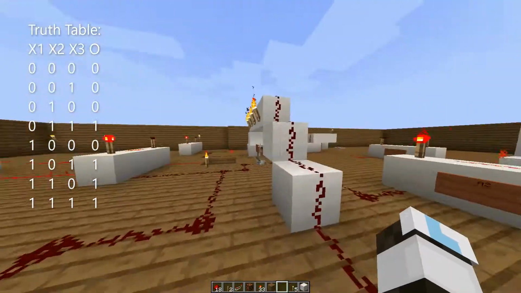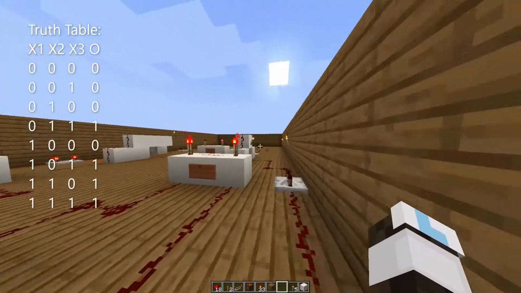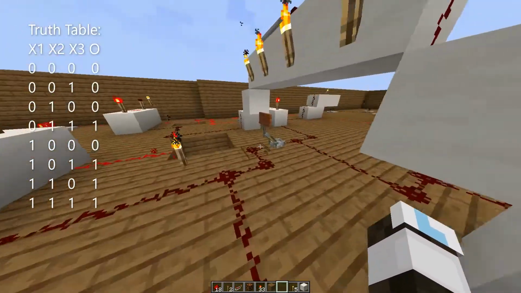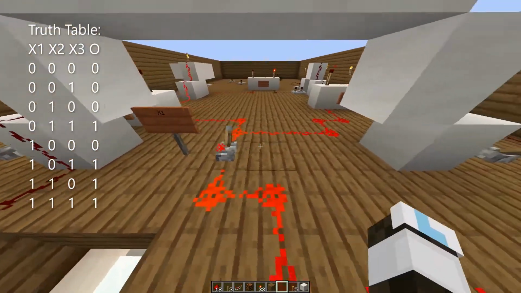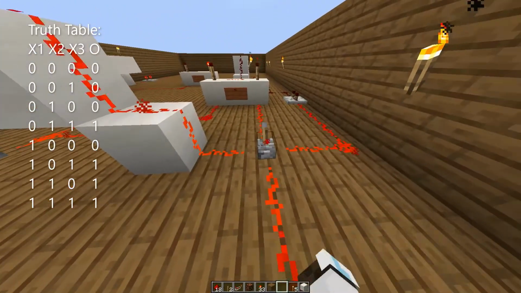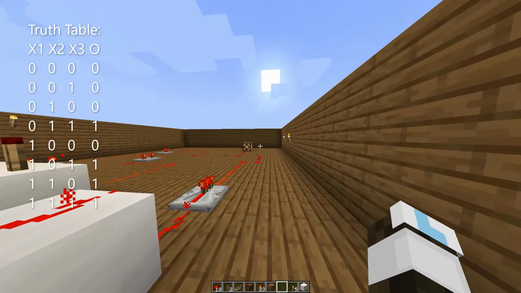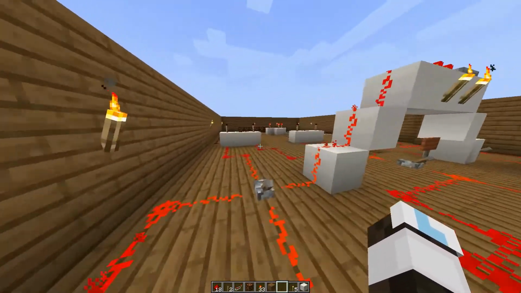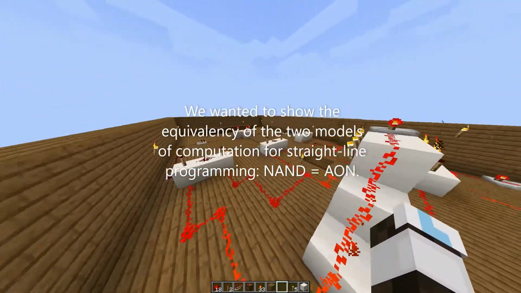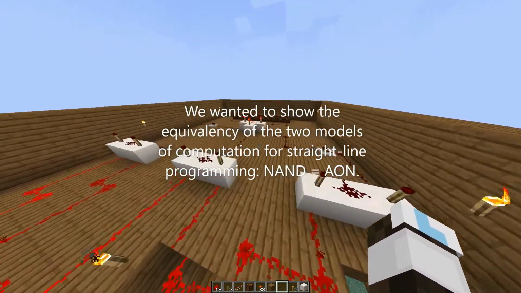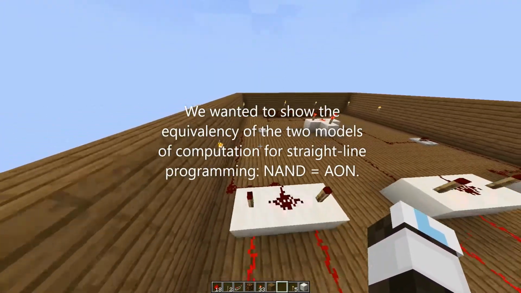And if we turn it off, there's only one that is turned on. So, yep, there we go. And lastly, let's turn on all of them. Perfect. It's turned on and our output is 1. Now, on this side, we have another model of computation that we used, which is that of the NAND